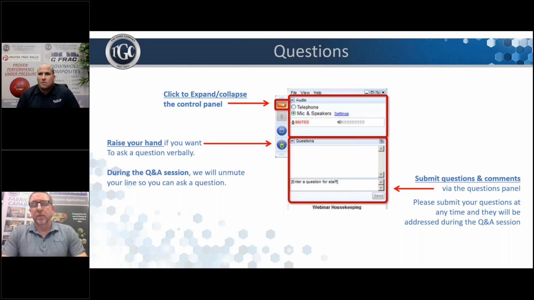We do both. We will purchase some if a customer has a specific compound that they like to use. We will use that compound. And in some cases, we will actually have our own formula.